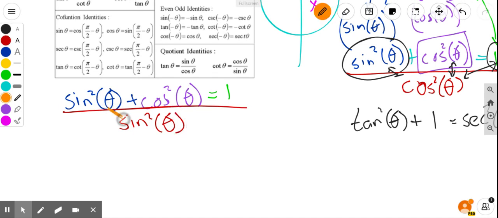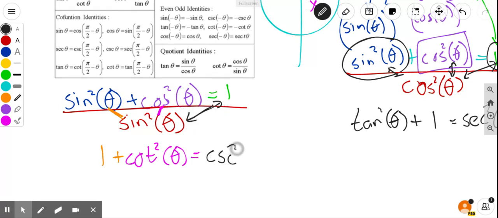So sine squared divided by sine squared will give me a 1 plus cosine squared divided by sine squared, which should give me a cotangent squared, equals, and 1 divided by sine squared should give me a cosecant squared of theta,